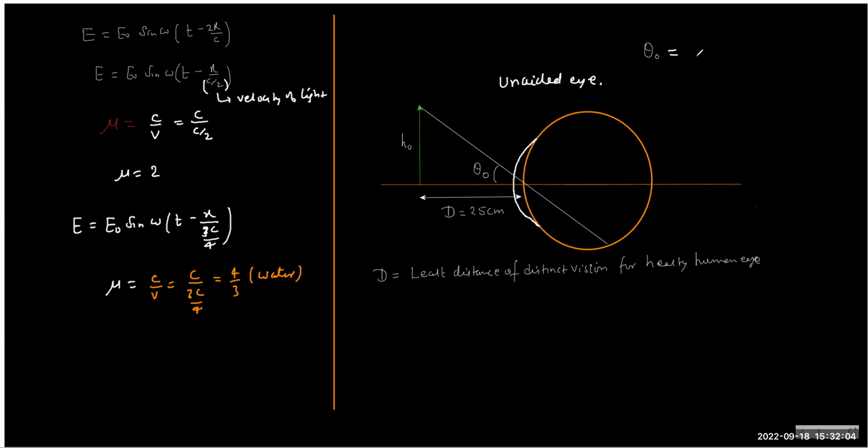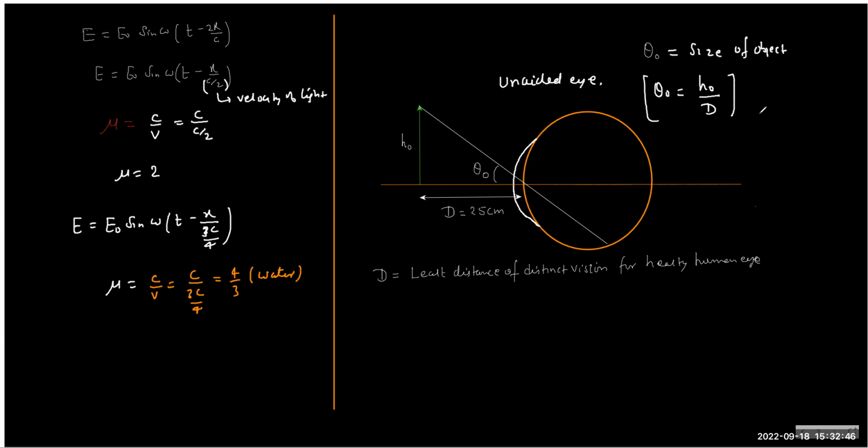So that is called the size of object in the context of optical instruments. The size of object is well defined in terms of h naught upon D, and this is a fixed definition. I mean, we are not supposed to change it. So the theta naught for unaided eye, and of course we are talking about the objects which are at finite separation from us. So in our day-to-day life, what we see is objects at finite separation. This definition will change once we start observing the